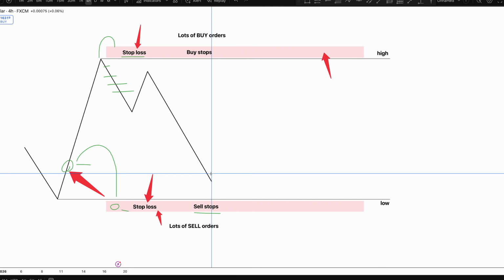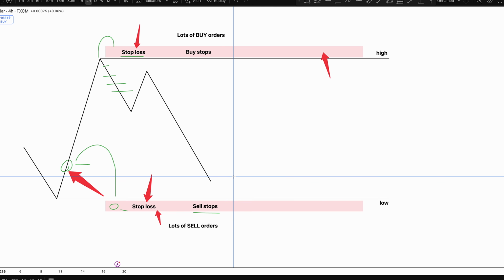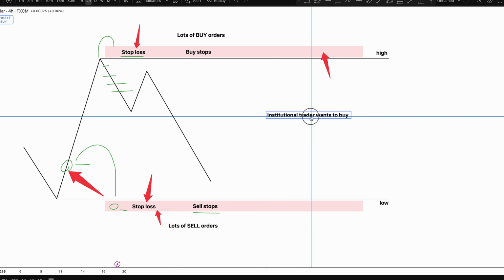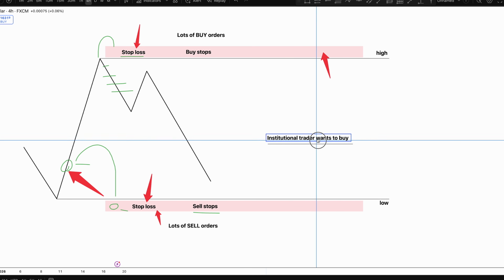So if we have a huge amount of forced selling taking place at one point, this is actually the prime positioning in the market to take the other side of the trade if you are a big market participant who wants to do so. So let's say you are an institution, you're an institutional trader, and you want to get into this market on the buy side. The problem is, if you are trading with massive sums of money, hundreds of millions of dollars, for example, that you want to get into this market for clients or for whoever it may be, well,